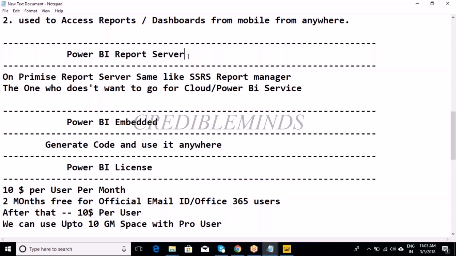What are the data sources? Anita, I think I have covered this. It supports more than 50 data sources. Majorly we use SQL Server, Excel files, and some CSV formats or text files and databases. It can be Analysis Services, it can be SQL Server, it can be any kind of database.